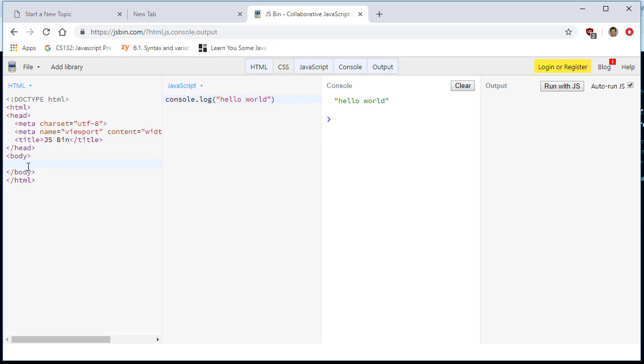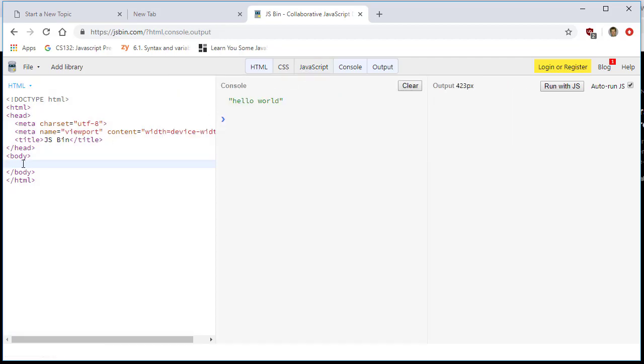You can also run it right from your HTML. So this is a special editor, JSBin. You don't have to use this pane. You can do it right in the HTML itself using the script tag, and the standard place to write your JavaScript is right below, in the head section. So script,